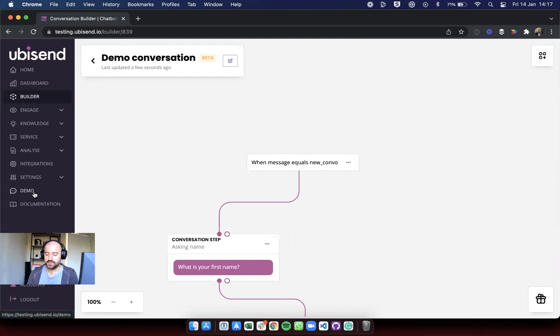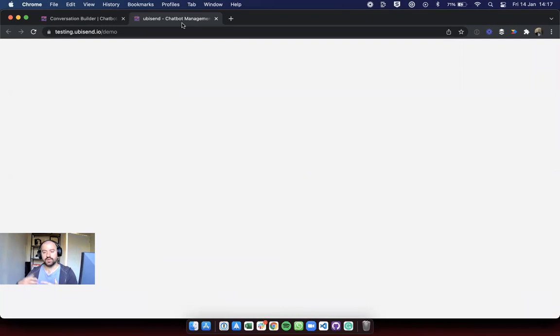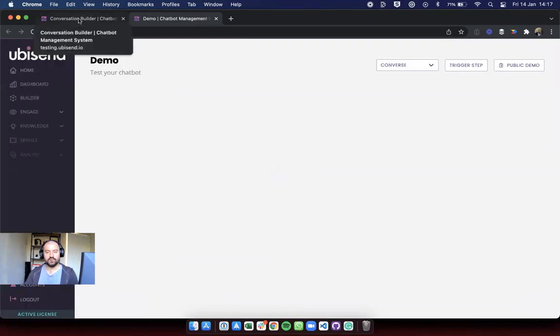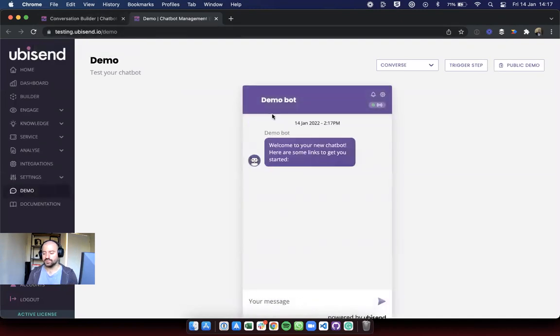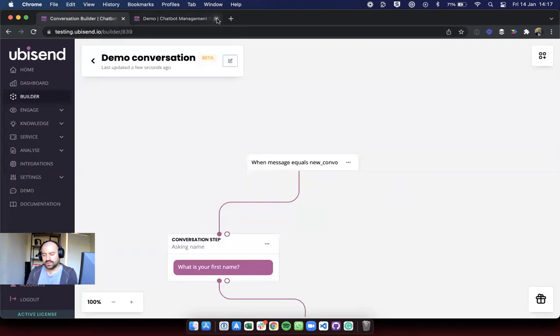to go and test things, except that it always throws you at the very beginning of your interaction with the bot. So it doesn't really throw you specifically inside a conversation or anything like that. It really throws you at the very start of the interaction with the bot here, like, welcome to our new chatbot. Whereas here, what I'd like to do really is test this very specific conversation. I've been building this for 15 minutes, half an hour, 4 days, and I really want to test this conversation,